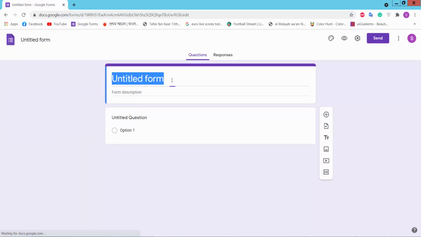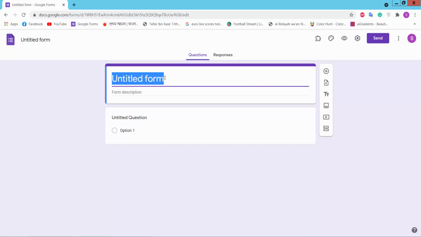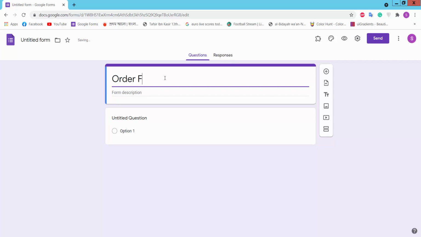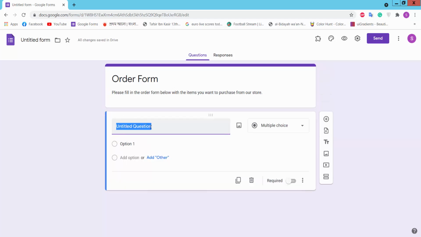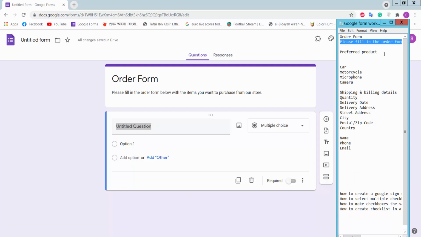This is an untitled form. Type here your form name, order form. Here you can type your form description, and as untitled question, type your question name,